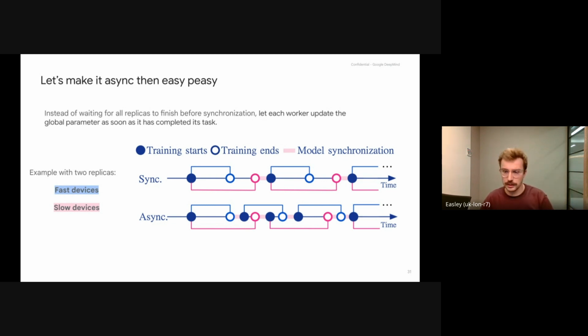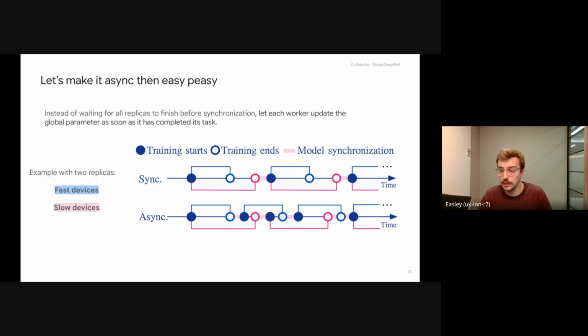In the asynchronous setting, you can simply communicate, synchronize with the central server, which is simply a CPU unit, and you don't have to wait for the slowest unit. So each of your devices, slow and fast, will communicate and synchronize with the central server without having to wait for each other, meaning they will be synchronized at different moments in time, which allows us to simply do much more synchronization steps in total, given the same amount of time. So this is fairly simple to implement.